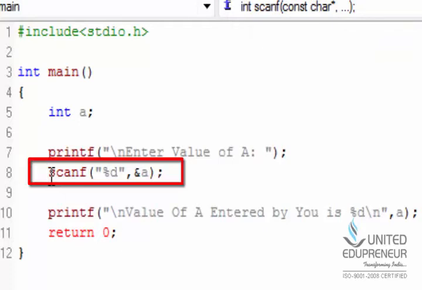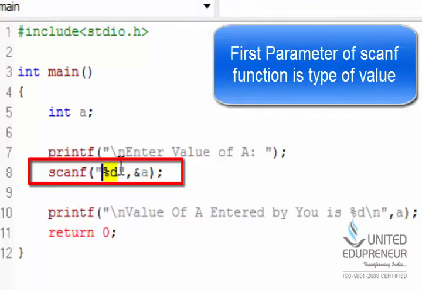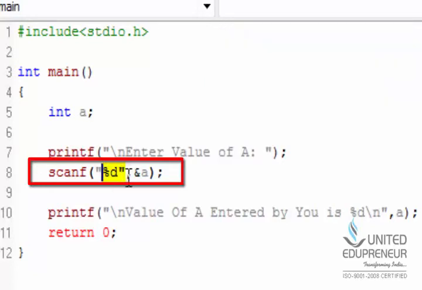Meaning if I want to retrieve a value of integer type, then I have to write scanf %d, because we are retrieving a value of integer type. I have to write this %d in double quotes, comma, address of a.